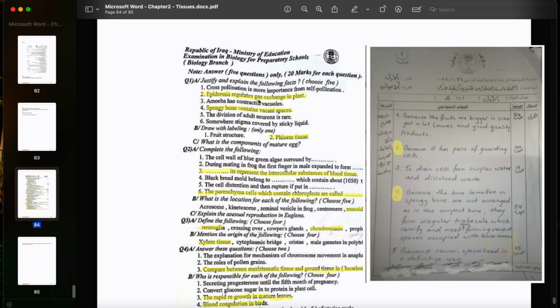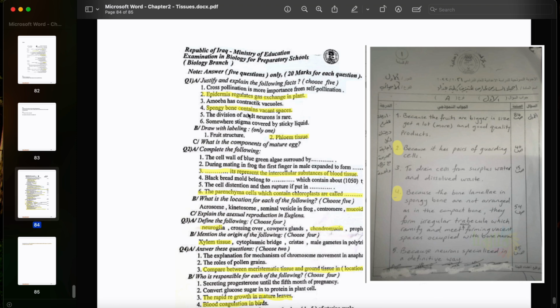Also in question 1A, it's telling you to justify that spongy bone contains vacant spaces. Now, because of the bone lamellae arrangement, okay, the arrangement in the spongy bone is not the same as in the compact bone. So here they will form irregular trabeculae, which ramify and meet again, forming vacant spaces occupied with bone marrow. So here it's not regular. Okay, so it's irregular, and we have a network